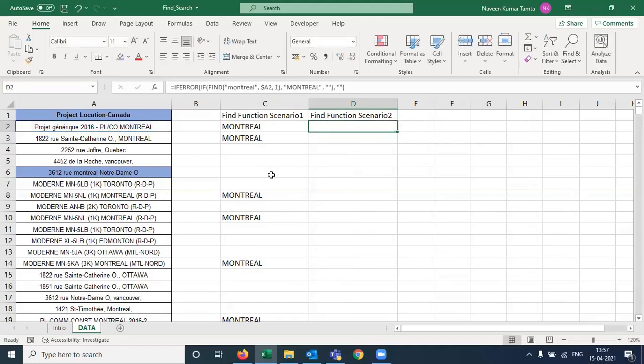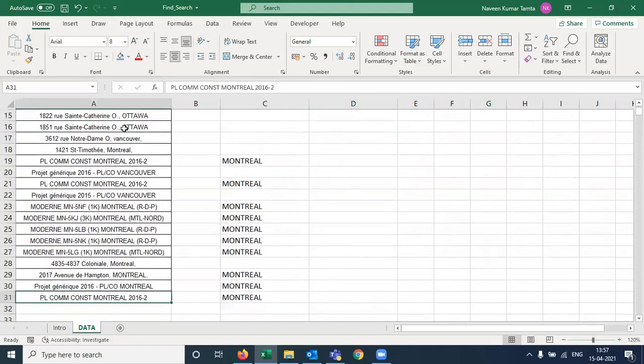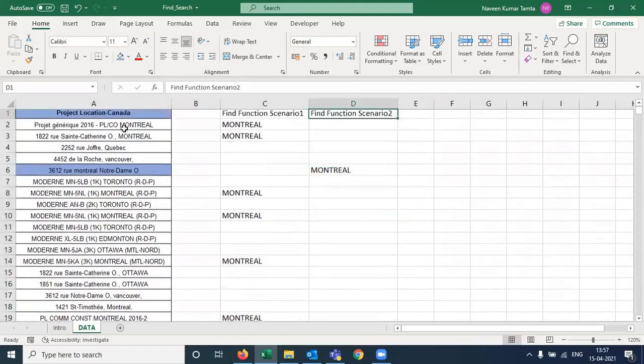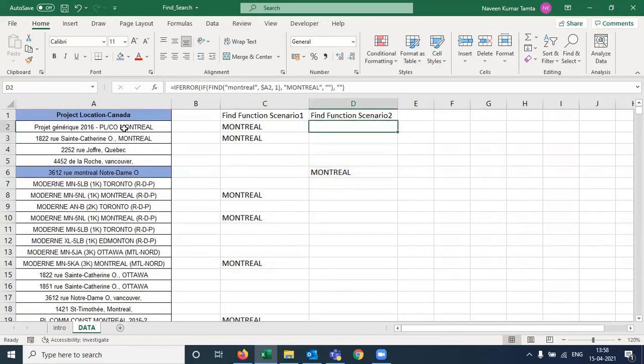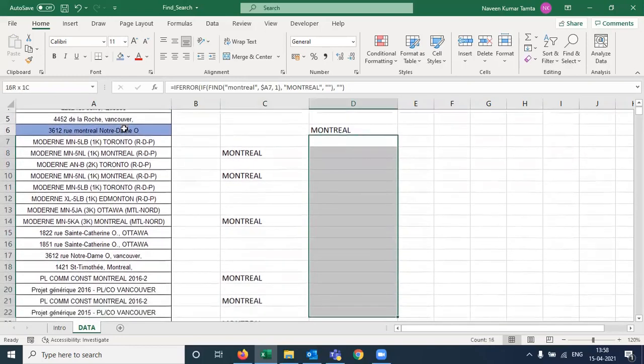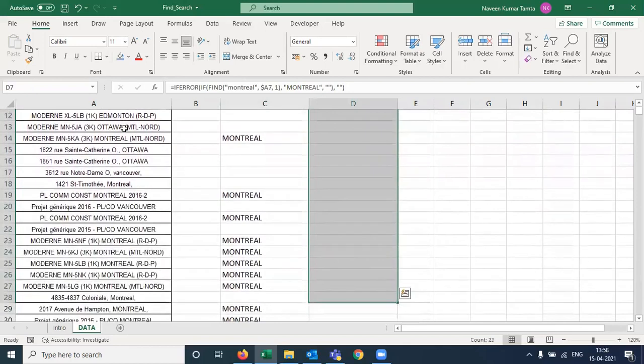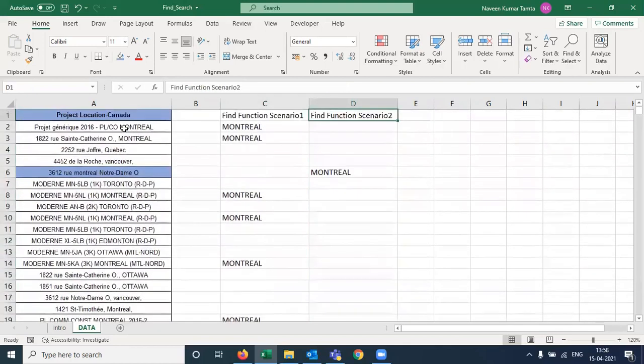I will not get any result here because the FIND function is unable to find the specific word in this particular cell. If I drag this formula, guys, now we have got Montreal here, and in every cell it has not provided me any output.